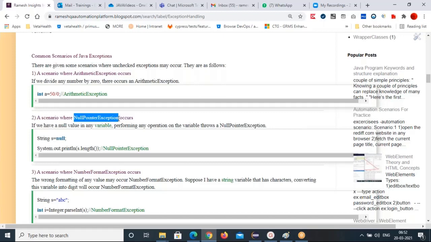Suppose we have a null value in any variable, performing an operation on that null variable throws a null pointer exception. This is the commonly seen exception in our code or even in a developer's code. That means some variable you declared as null, you are not passing a value properly to it.